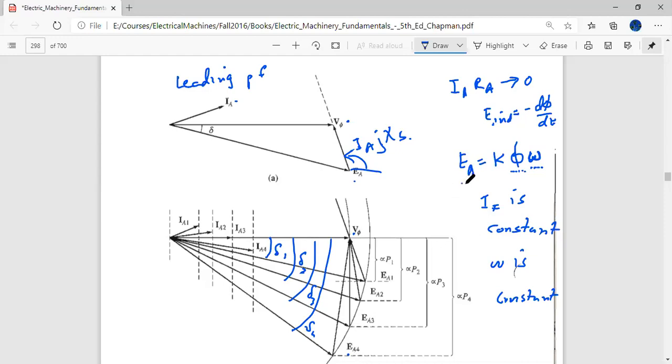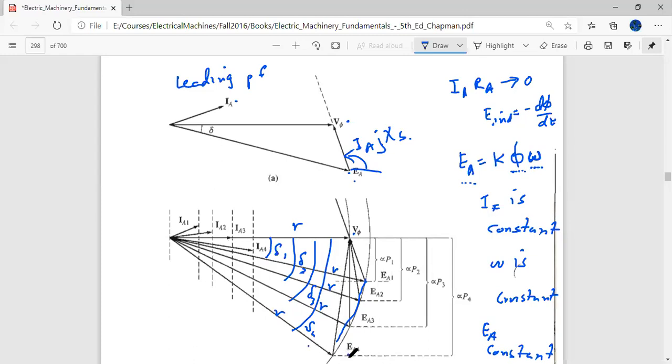But since EA is constant, because this is constant and this is constant, EA is also constant. So the magnitude of EA doesn't change. Whatever the magnitude of EA was here, the same magnitude is being taken into consideration. Only it swings down because of the increase in the torque angle. So this is a constant radius. The magnitude of EA is not changing, so this is just a circle with a constant radius R.